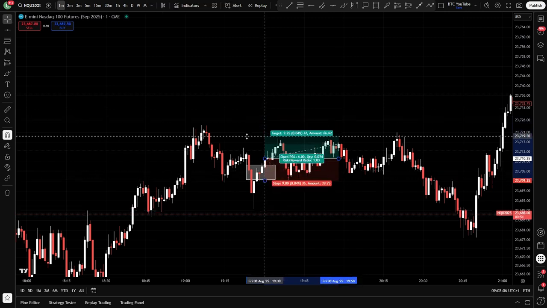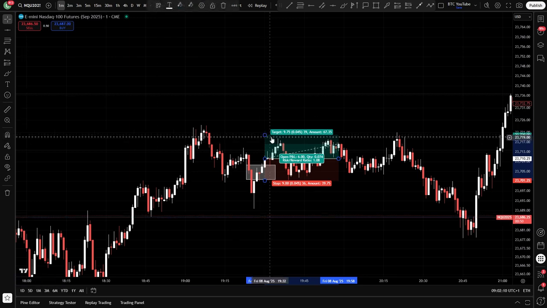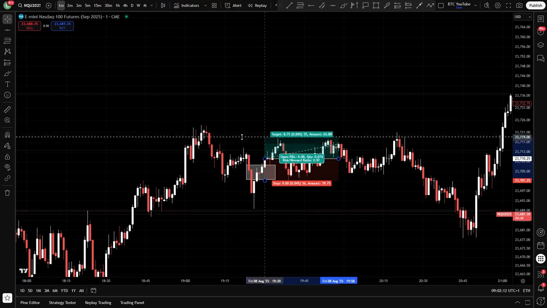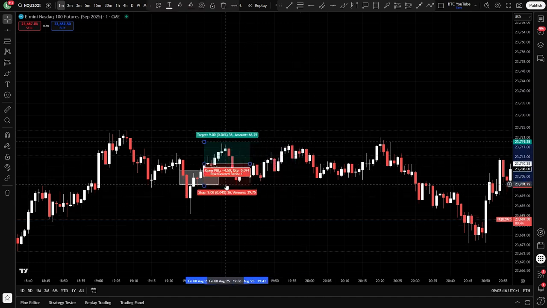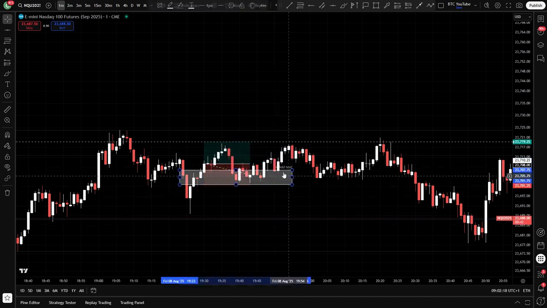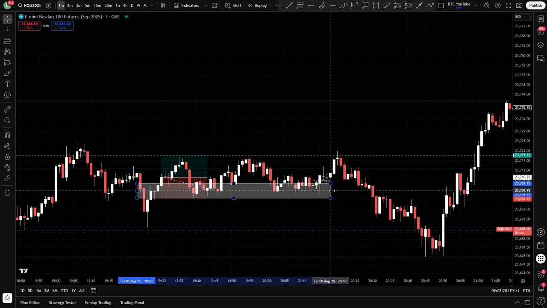I can actually drag my thing out. Come on. Honestly, this magnet tool does my head in sometimes. You can see we just about would have hit a 1-for-1 here probably before coming back down. It's actually never closed below, so you probably would have eventually gone and hit your take